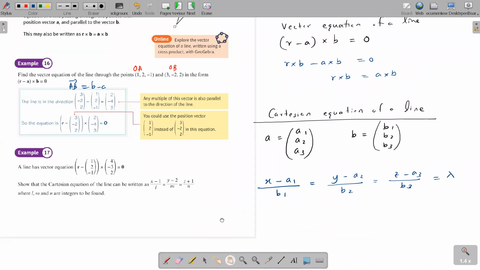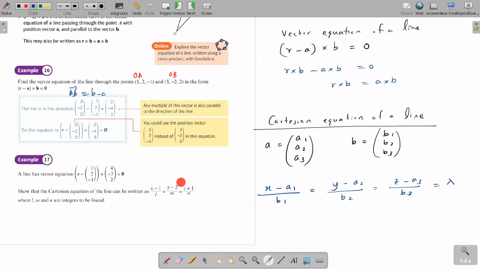I think the proof here is a little bit important, because I saw one or two questions in the paper with respect to this particular proof. Just look at this. Let's look at this example, because in this example, they are showing you how you get this line. It's a show that, right? So shall we see how this line comes? Just pay attention here, children.